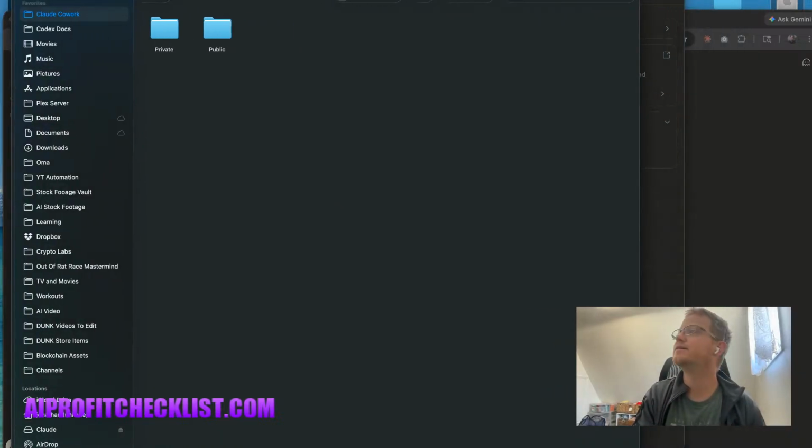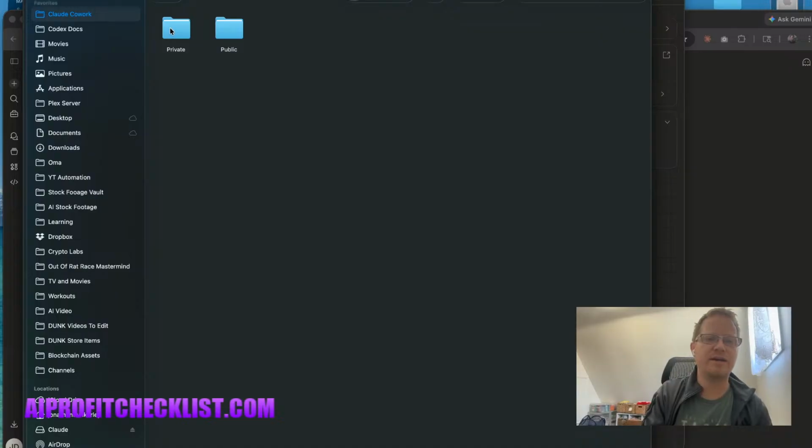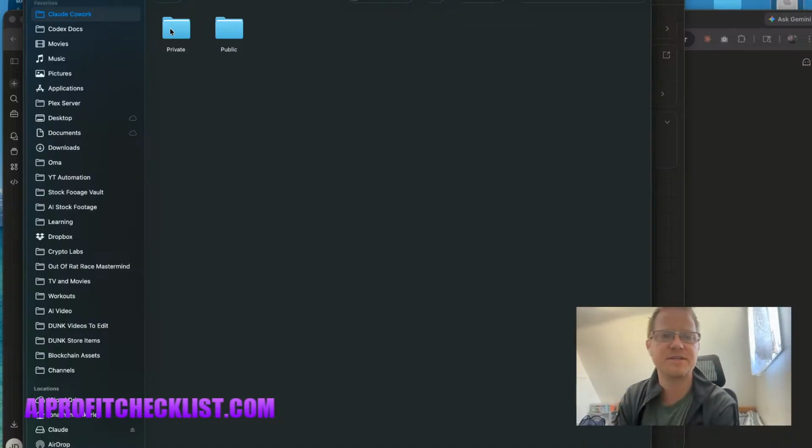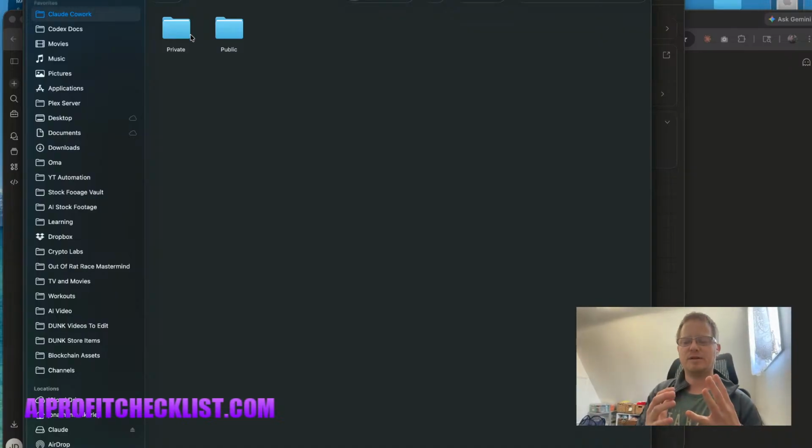There we go. So I kind of created different folders in my structure because I wanted to create an ecosystem that I could make sure that I still was comfortable with from my